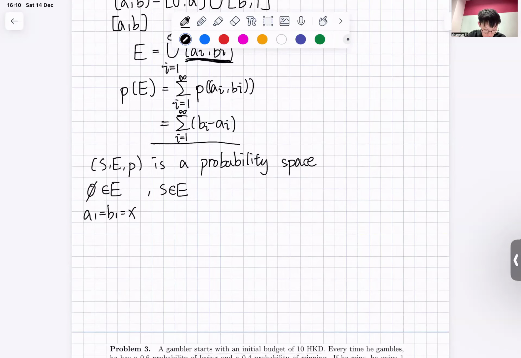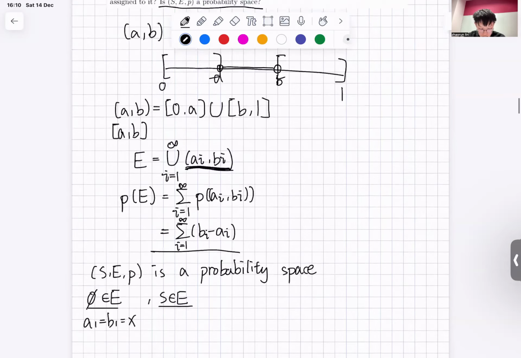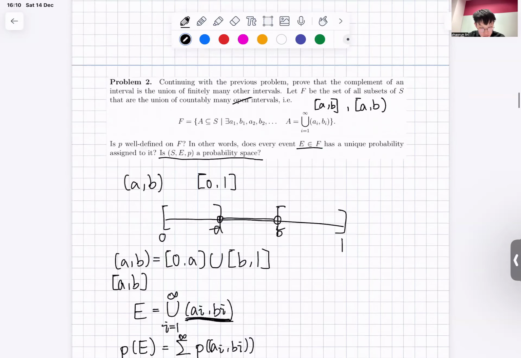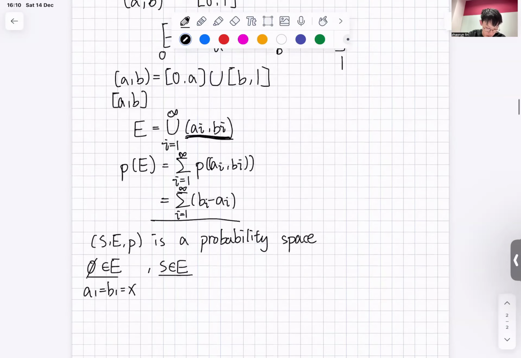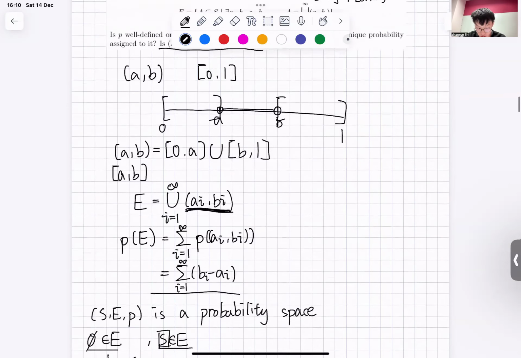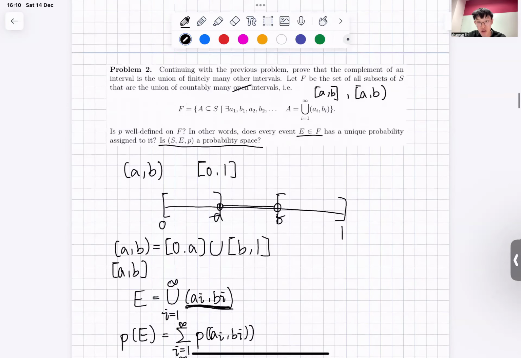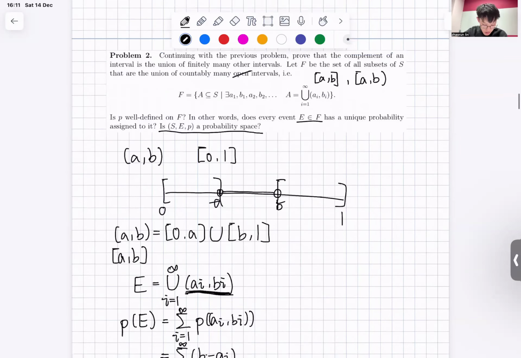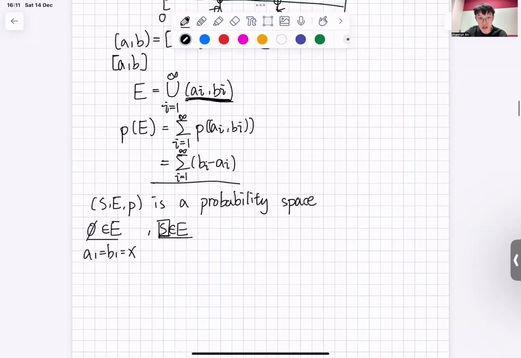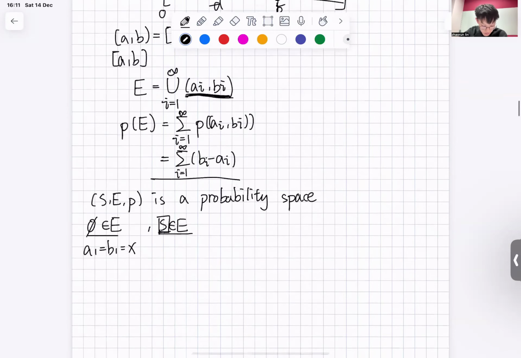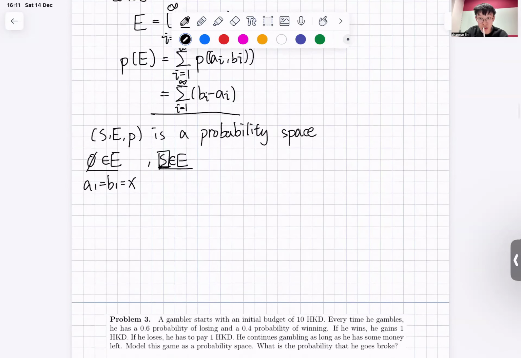And for the whole sample space, since the empty set is in the event, then the complement of the empty set is the whole sample space, and the complement of an event is also an event. So the whole sample space S is also an event. Okay. So next, we want to show that